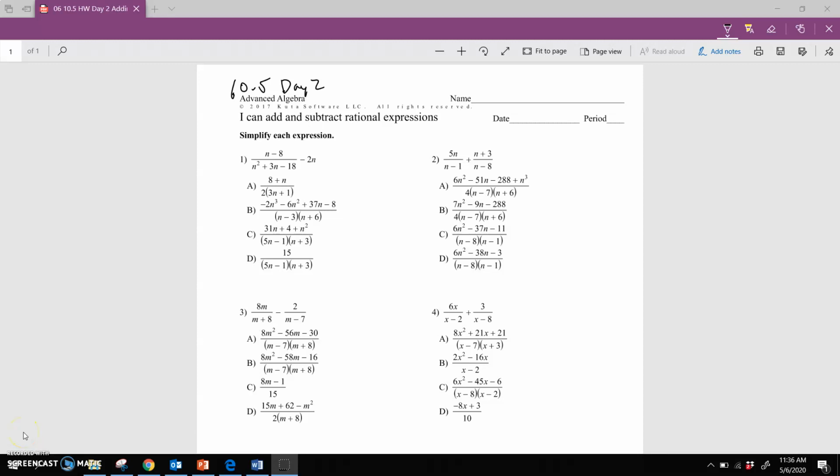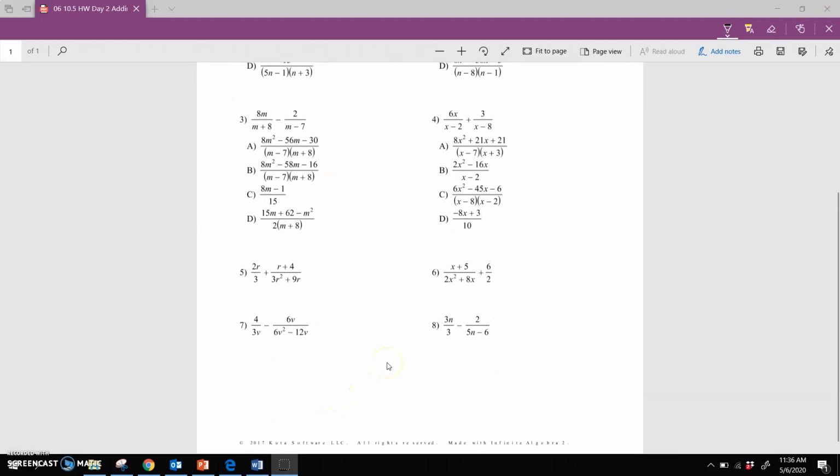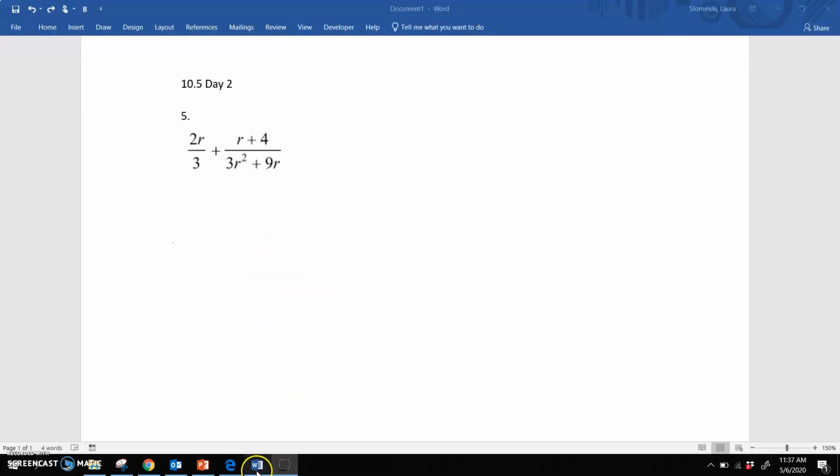Now we're moving on to the second half of the 10.5 Day 2 worksheet. I'm on number 5 here, and as you can see, the difference between 1, 2, 3, and 4 versus 5 through 8 is that 5 through 8 are no longer multiple choice. Okay, so I'm going to do number 5, and when I look at number 5, another big difference that comes